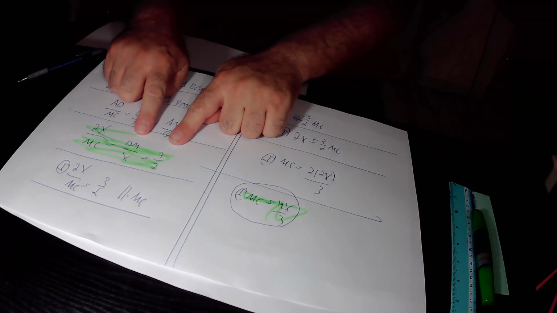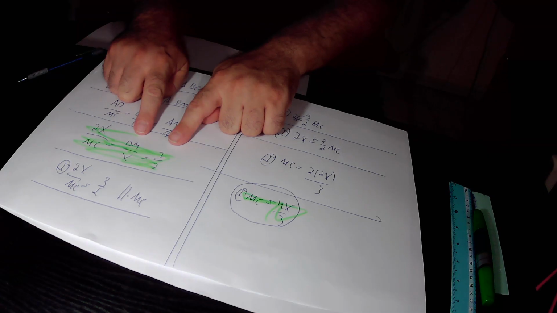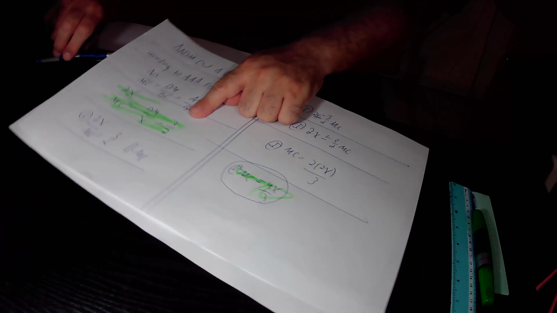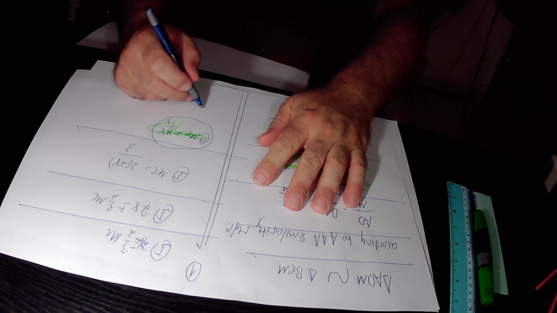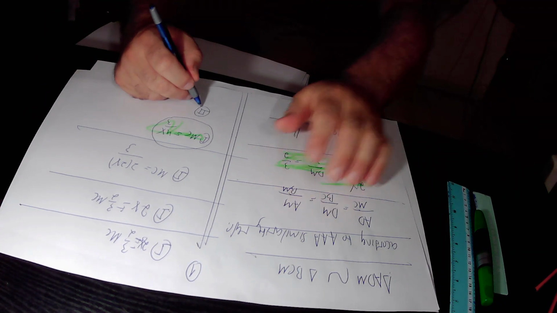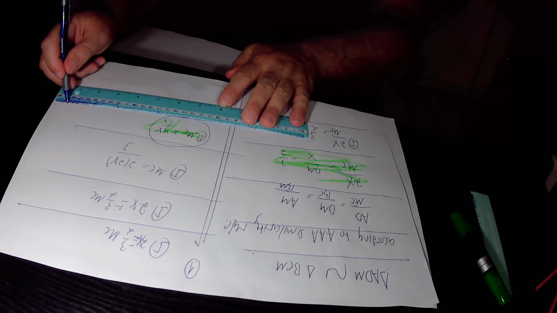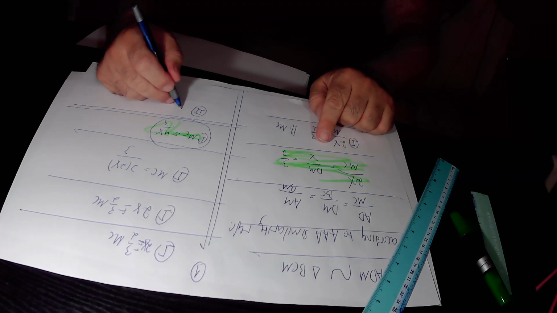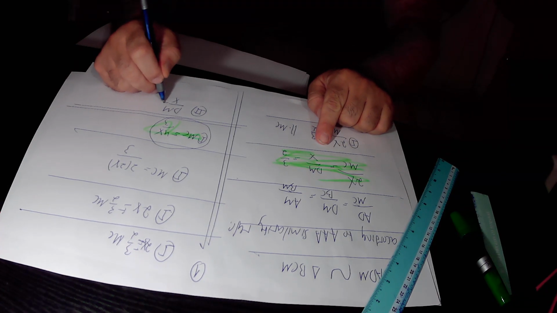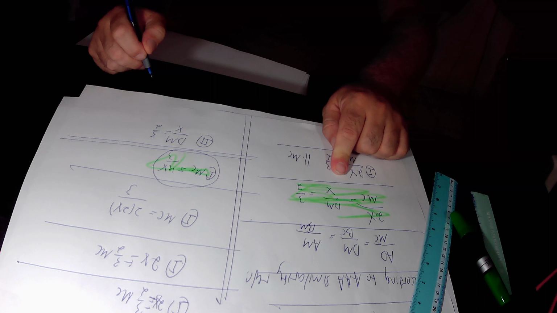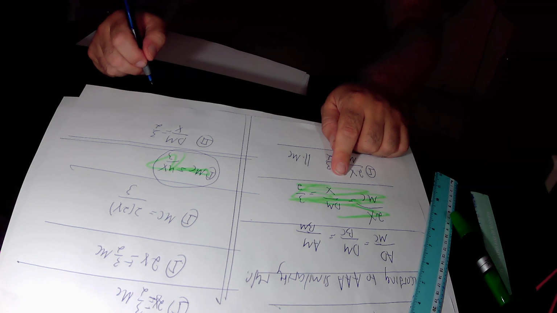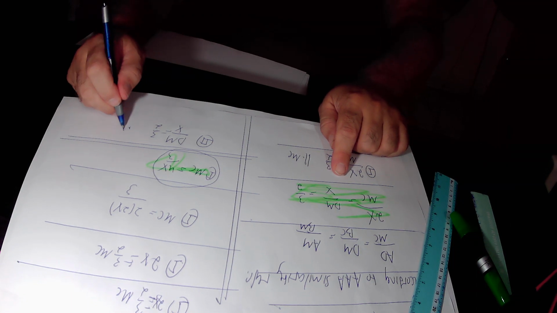Those two expressions are also equal to each other, therefore we get equation 2 from those two expressions that are equal to each other. So according to equation 2, we get that DM over x equals 3 halves. DM over x equals 3 halves. So here we will multiply this equation 2 by x, and we get that